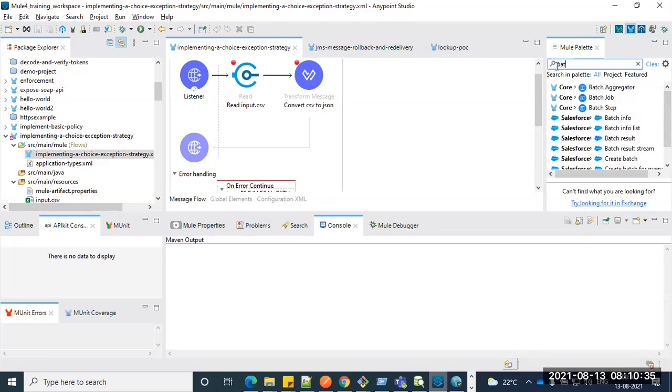As part of MuleSoft, the default analytics show how many records failed and how many were processed. We are going to cover that in the batch job, guys. That's a very important use case. Here you can see that we have a batch job. As part of the batch job, even if one record fails, you can move forward to the next level. Without writing any code, the batch job takes care of the analytics as well: these many records are loaded, these are the failure records, and these are the success records. Yes, we're going to cover this use case as part of the batch job.